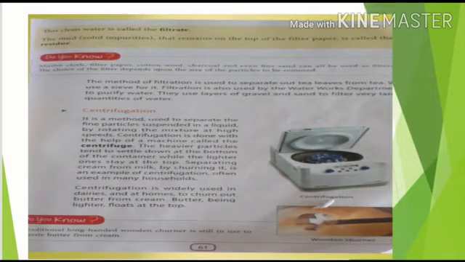Now come to centrifugation, the fourth process. Centrifugation is performed every day by mom at home with curd, a mixture in which the fat solid particles are not mixed well but suspended.